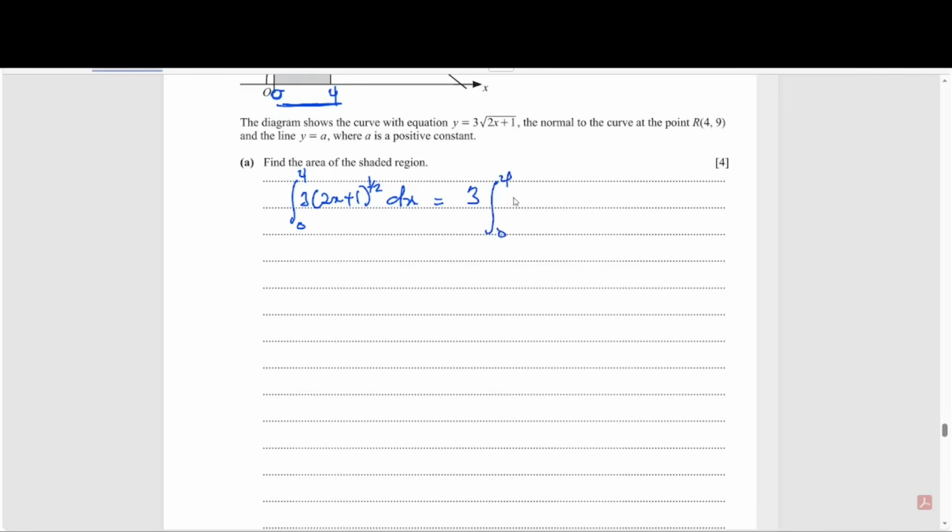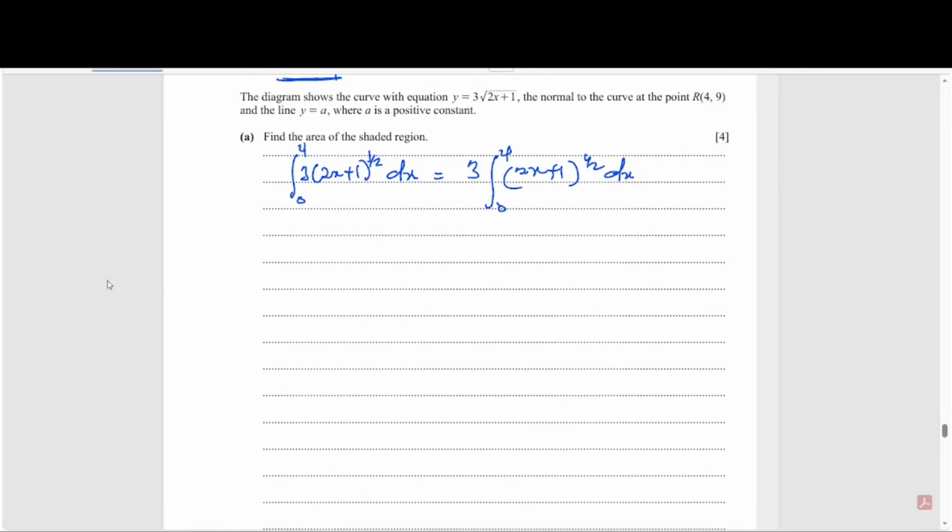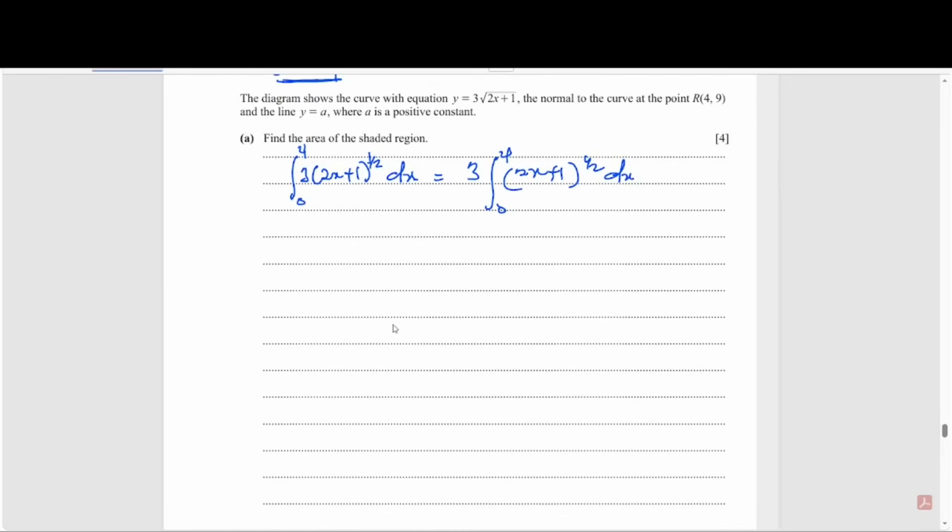0 to 4, and then (2x + 1) exponent half, and then dx. So you're going to integrate it as a reverse way of doing the differentiation. So the area is equal to 3 out, and then the integral of this is,